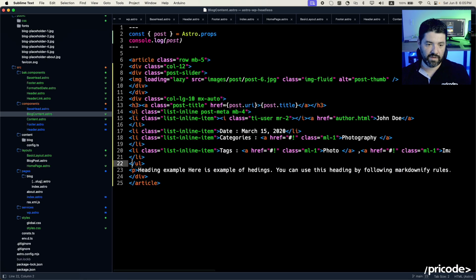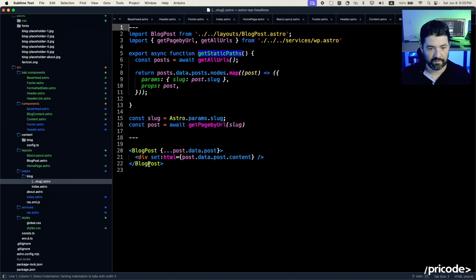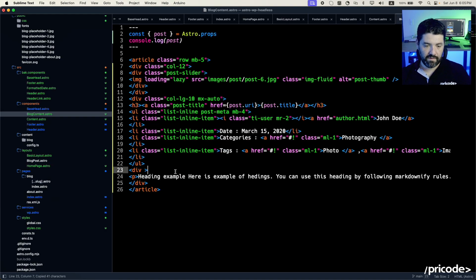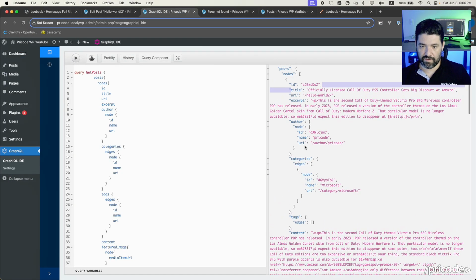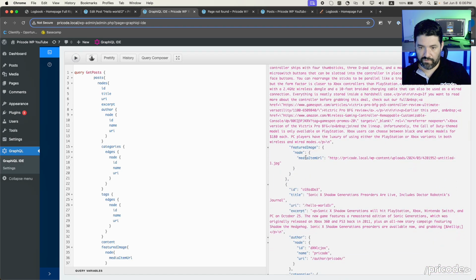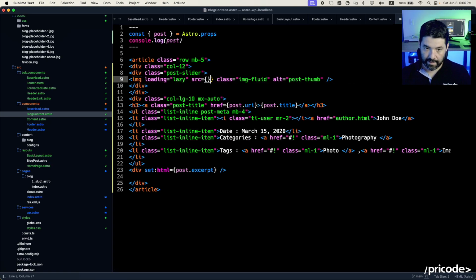In this case, we are going to use and observe. It's pretty similar to what I have here. Yeah, there you go. It should be something like this over here. And we are going to print the post excerpt, I think. Let's see if it works. And it's also going to print the URL and the featured image. And the featured image is featured image node media URL. Okay, so it will be something like